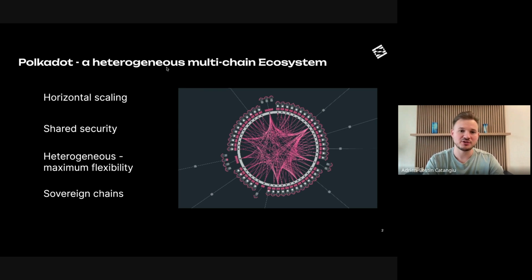Polkadot has a heterogeneous model, right? And it's not the only one out there. For example, Cosmos also has this, but it's the only one that has all of these things on the left side of the screen at the same time. So first of all, let's talk about heterogeneity. That means that all of